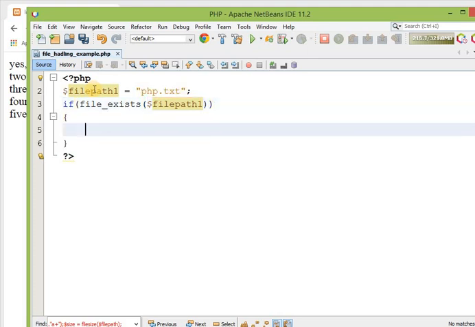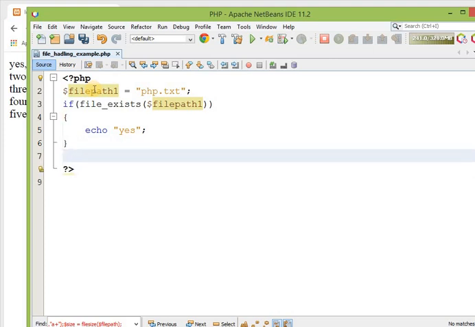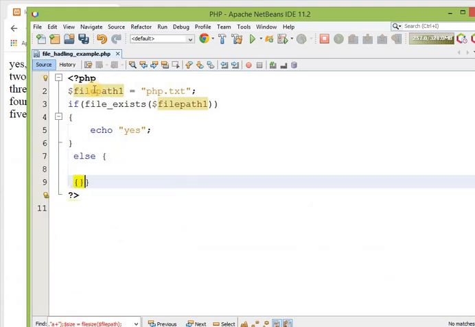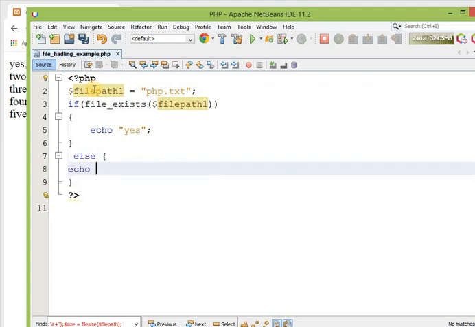If this file exists, then I will get the message yes, or else no. Simple. So save this and just run this project.